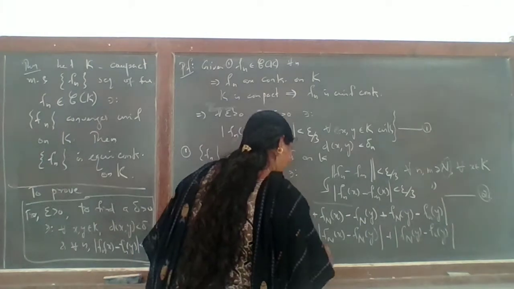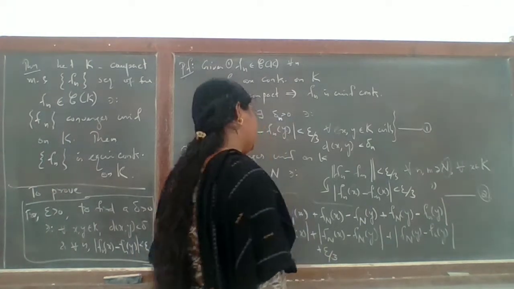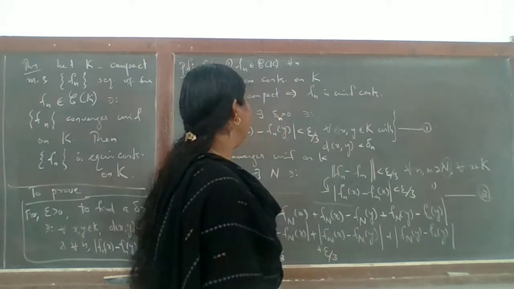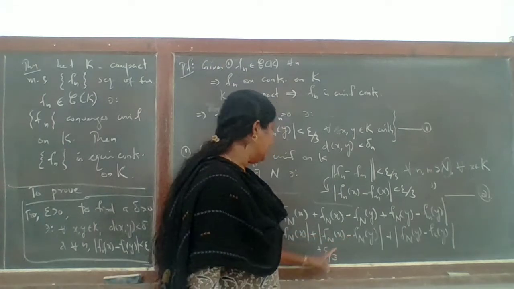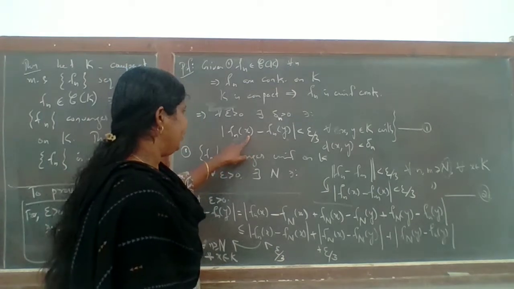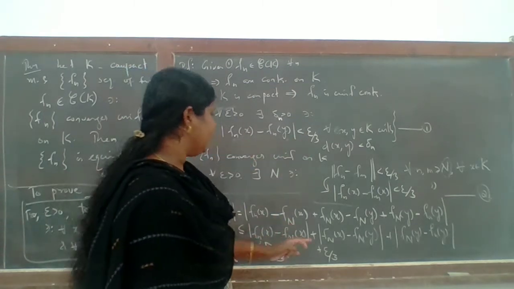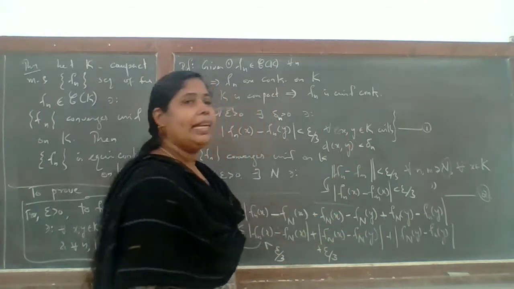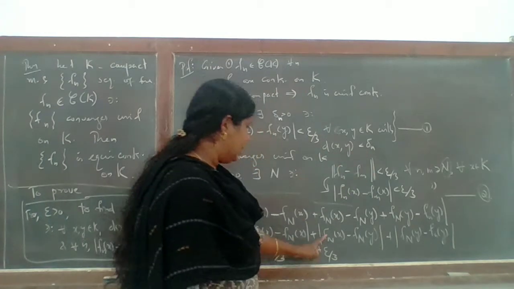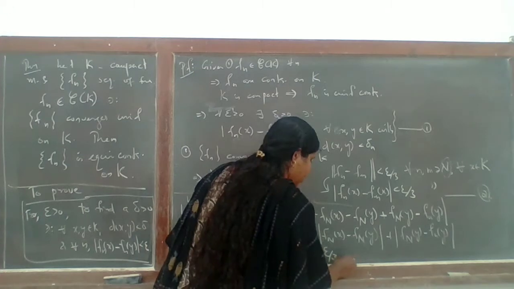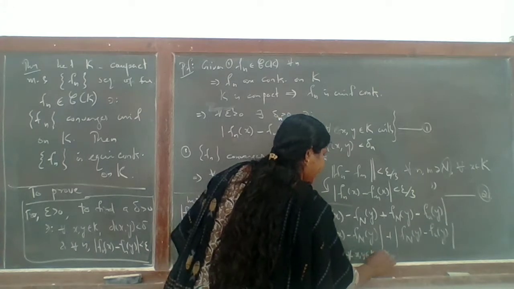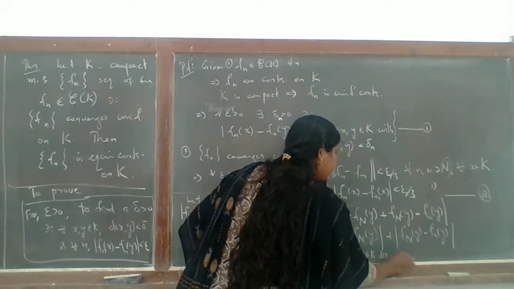Okay. Now what about the second? This also can be made less than epsilon by 3. This is the same function f_N at 2 points x and y. So in order to satisfy this is less than epsilon by 3, we can consider the first statement, that is uniform continuity of f_N. This can be made less than epsilon. What is the condition required? x and y should be at a distance less than delta_N. For each n we have delta_n. So this is depending on this particular N. So this is true for all x, y in K with d(x, y) less than delta_N.